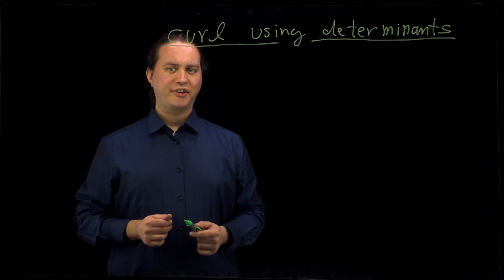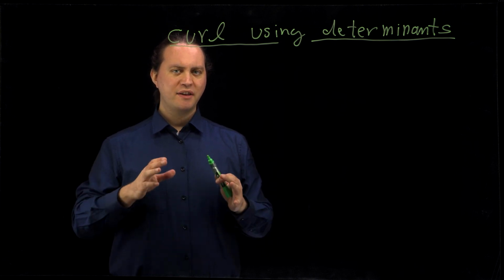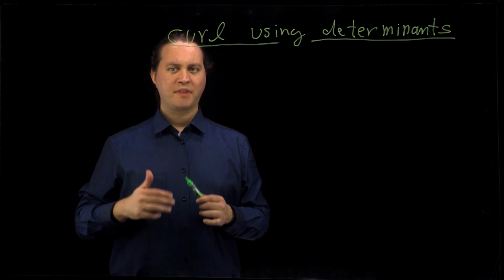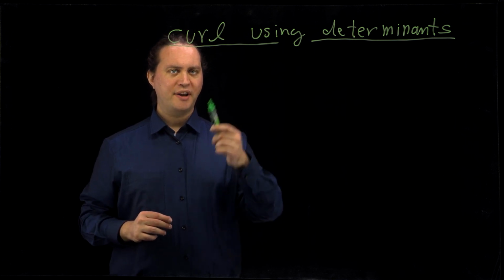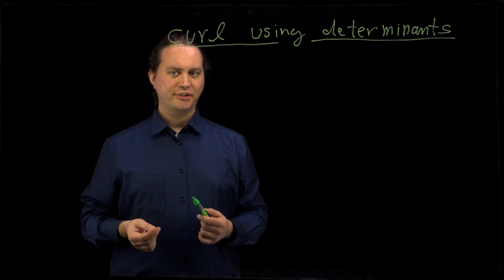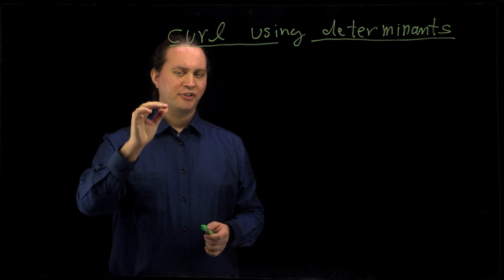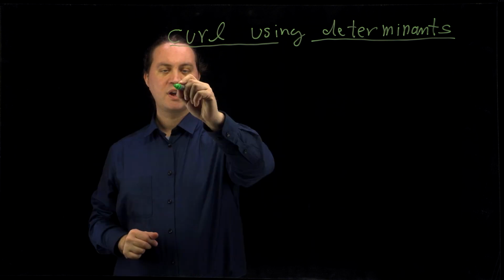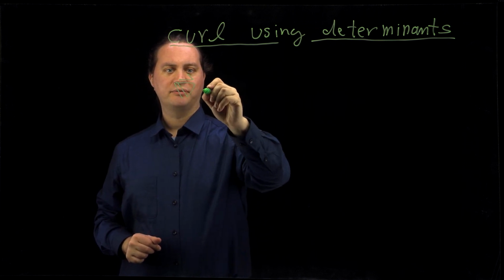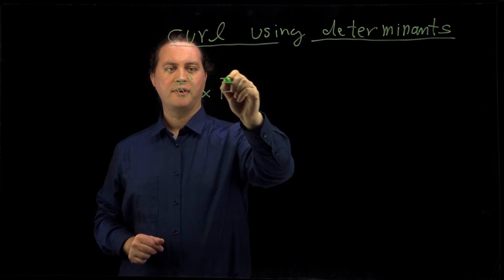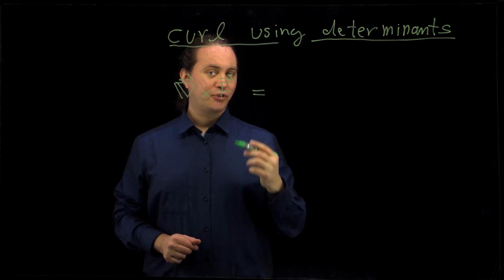There's one more thing I would like to discuss in relation to the curl operator. In terms of rigorous mathematics, this is even shakier than the nabla symbol, but it is just very helpful sometimes when you do practical computations. We can express the curl of a 3D vector field as a formal determinant, whose entries involve vectors, partial derivatives, and some components of the vector field. Formally, the curl of a vector field, cross product of nabla and f, can be written as the determinant of a 3 times 3 matrix,